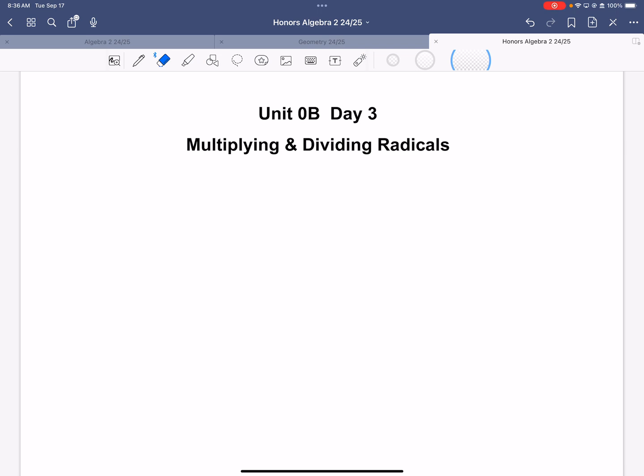Dividing, we're only going to do part of the dividing today. Everything we do with dividing today is not going to be what we call rationalizing the denominator. We'll do dividing again tomorrow, where we're rationalizing the denominator, which is an additional step. But today we're just going to take care of the regular dividing ones and how we go about multiplying